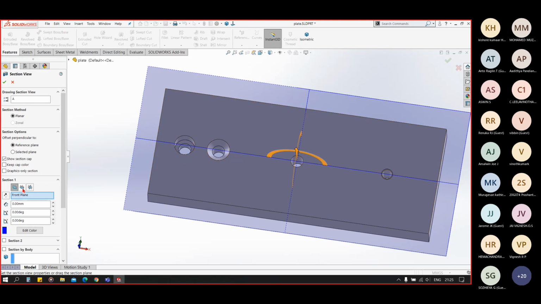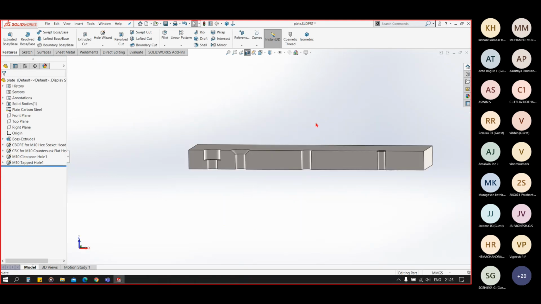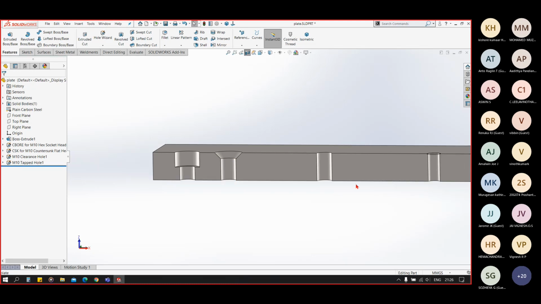Now let me tell you a short introduction of these holes. The first type of hole is a counter bored hole. The second type of hole is a counter sunk hole. This type of hole is a clearance hole.